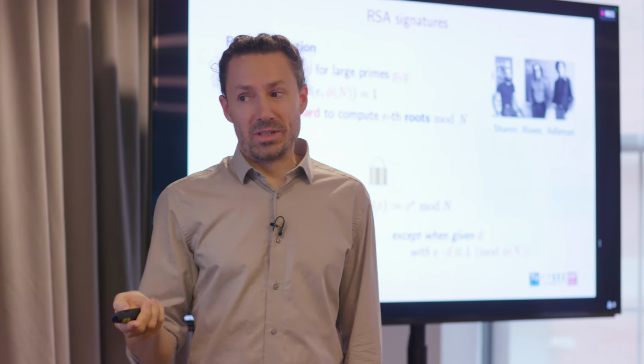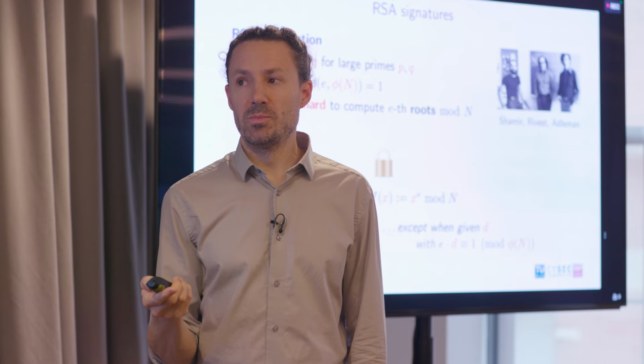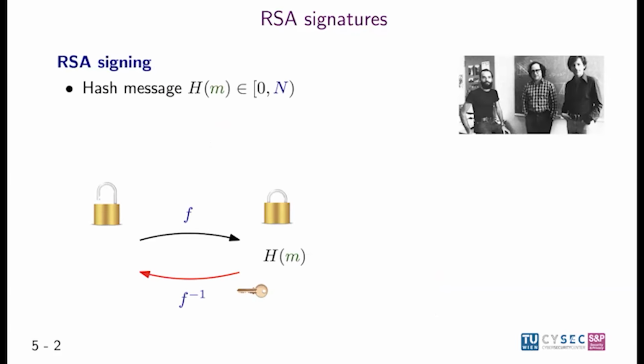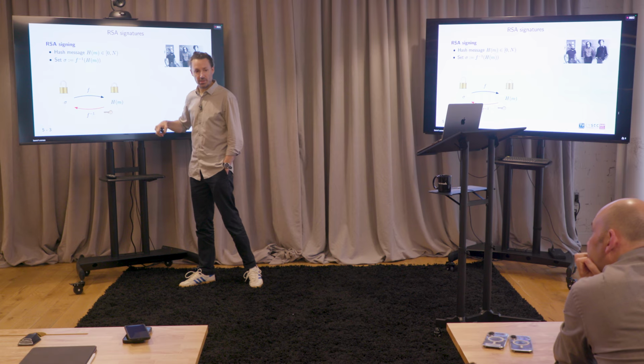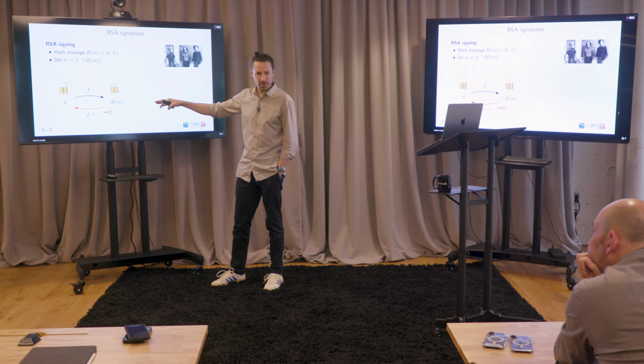Okay, here's how you build signatures from this. Also conceptually a very simple idea. This is RSA full domain hash, called like this because before you start, you first hash the message, and we assume that this hash is a number between 0 and n. And then a signature on that message is simply the inversion of the RSA function, right? You compute f inverse on the hash of the message, and that's your signature. How can you verify signatures?